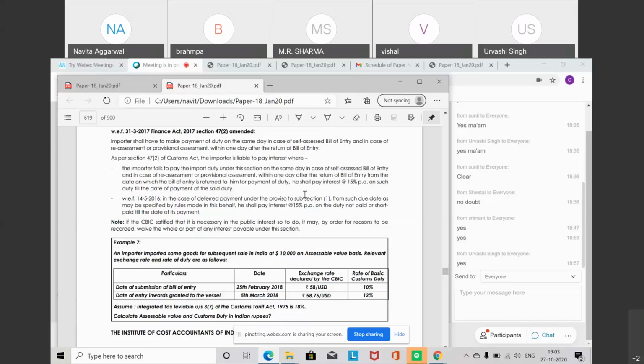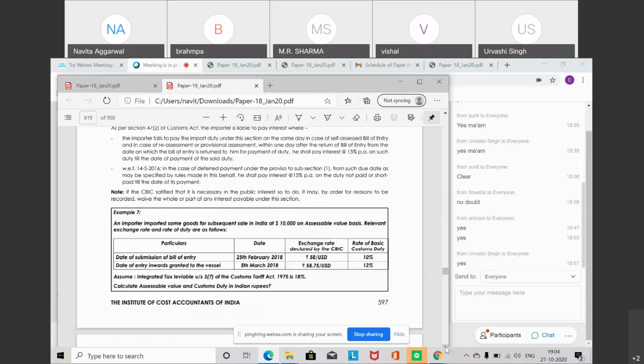Okay, so they are saying that this interest liability can be waived off in the public interest by the CBIC. If they feel that any goods that have been imported are in the public interest, then they can just waive off these penalties. So with the help of a few examples, now we will see how